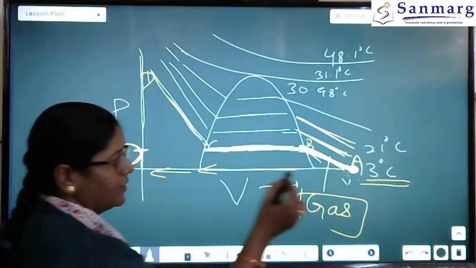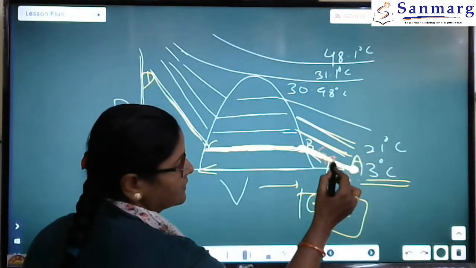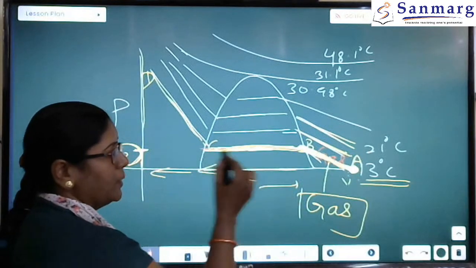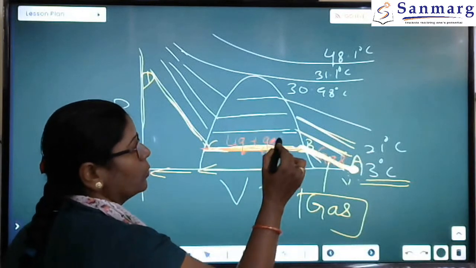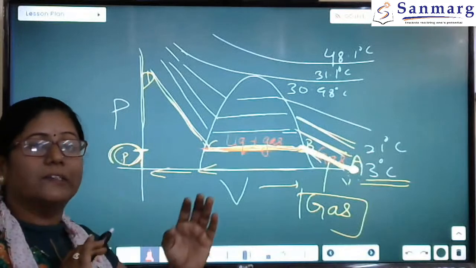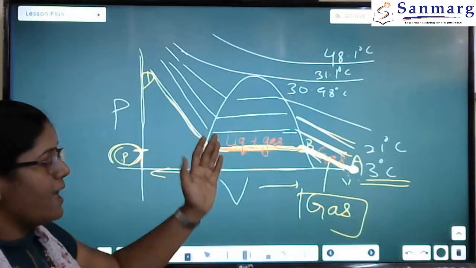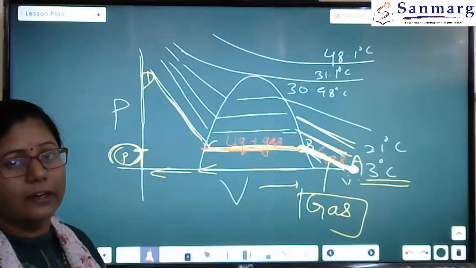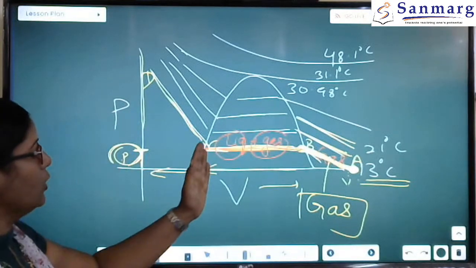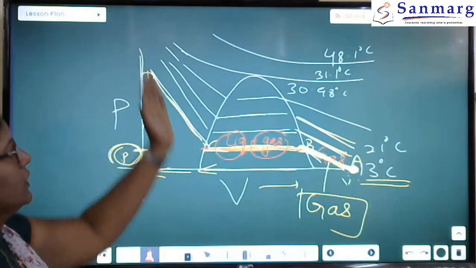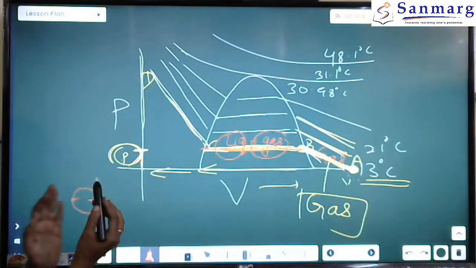See here, what happens is carbon dioxide is in gaseous state, gas existing as gas. But here in the E area you have both liquid plus gas, a mixture of both. In this part you see some carbon dioxide converting into liquid. Gas and liquid are both in equilibrium. Some are in liquid, some are in gaseous state. Further, when you increase the pressure again, the volume goes on decreasing. Volume decreases.